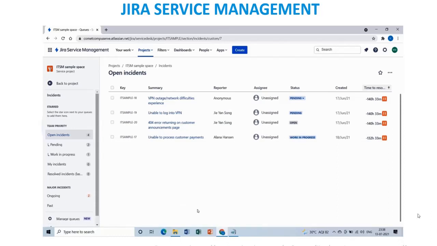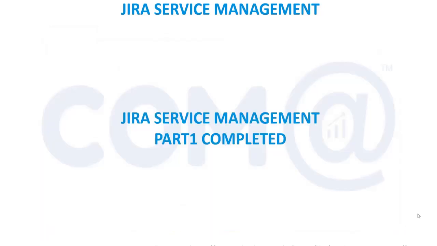Okay, so we have seen the creation of tickets for different issues. All are incident tickets, because something is not working, it is an incident. So with this, we are coming to the completion of part one. Thank you very much.